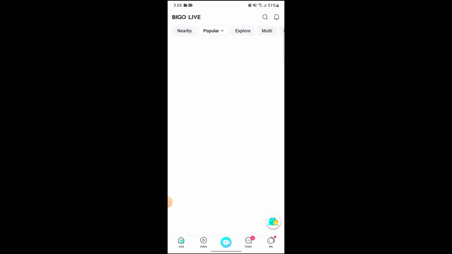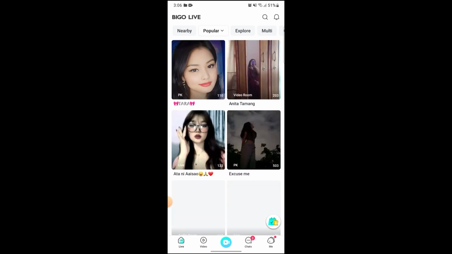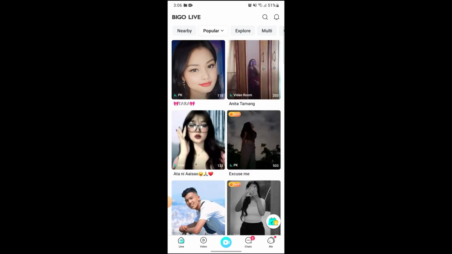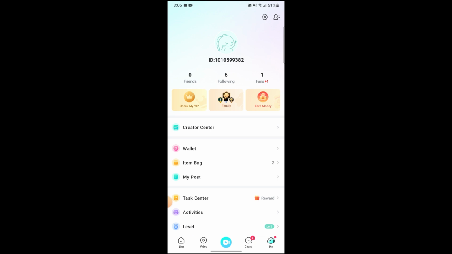After that, just go on to settings. To do so, first of all, go on to Me, which is on the bottom right side of the screen. After you are on your Me, your profile will open up, and here's a setting on the top right corner of your screen. Click on settings,